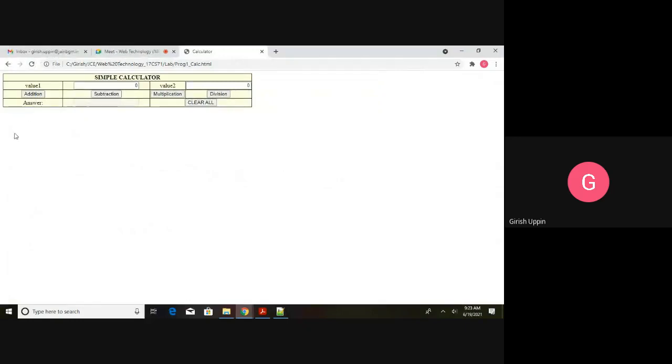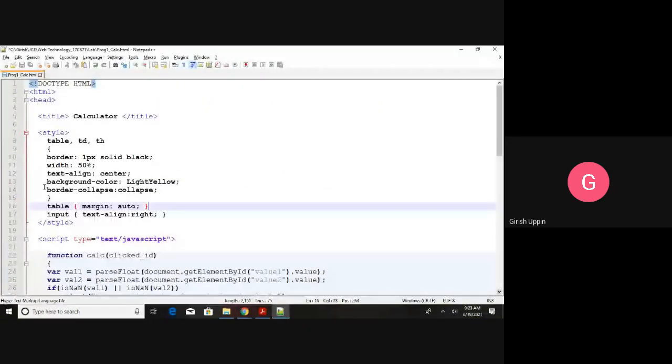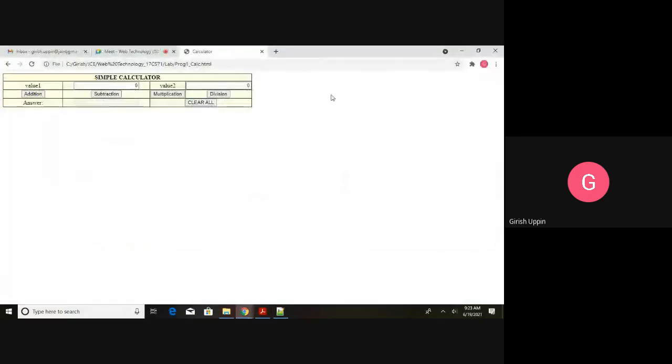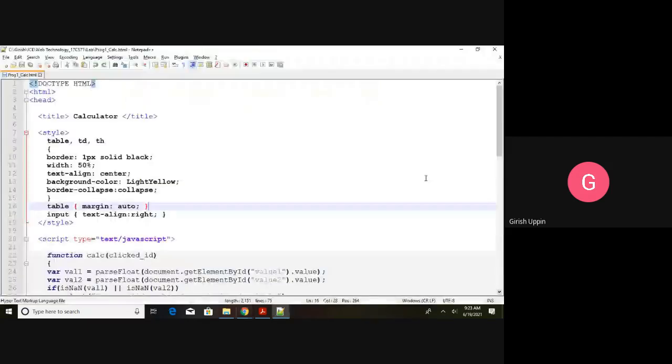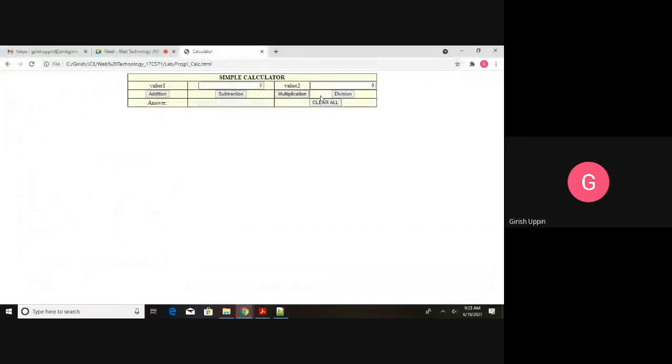Okay, it is left aligned. So when I say auto, automatically it will put it in the center, and whatever the empty space, it will put it on the left as well as the right. You can see if I refresh, the empty space is put on the left and the right-hand side of the web page. Then for the input control, these are the input controls, 1, 2 and 3.